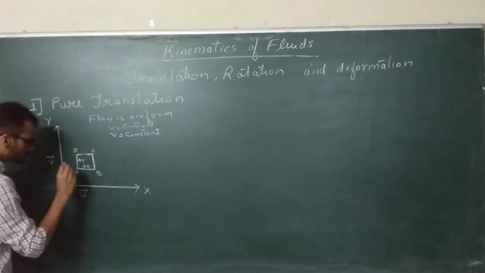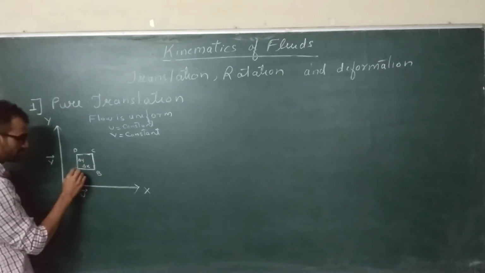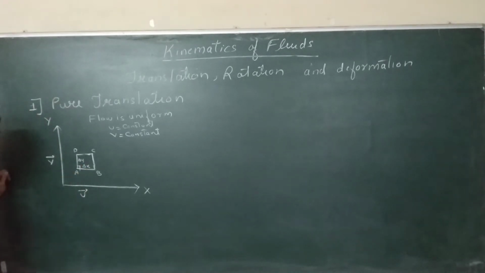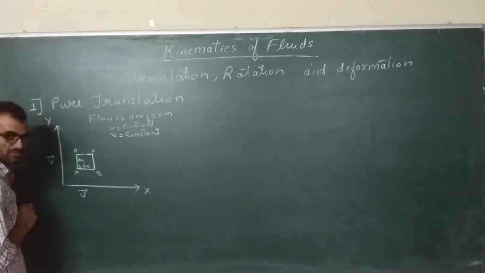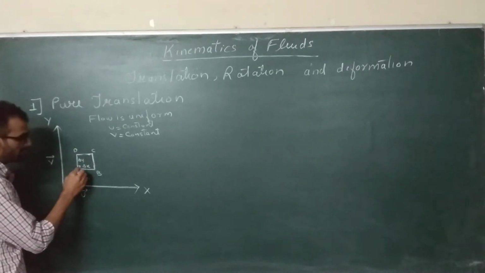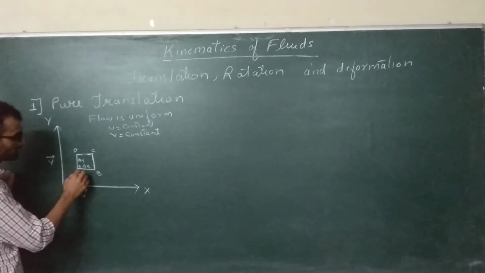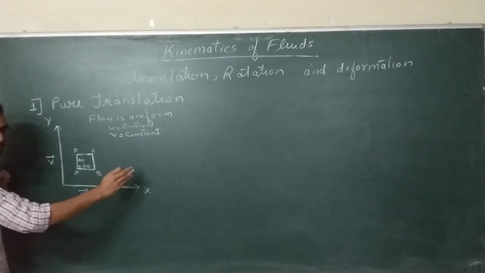Alright, so the U component of velocity at A, now consider this segment AB, the included angle is again 90 degree. Now in unit time, how much will this A move? This particle A will move equal to U, its velocity component in x direction.